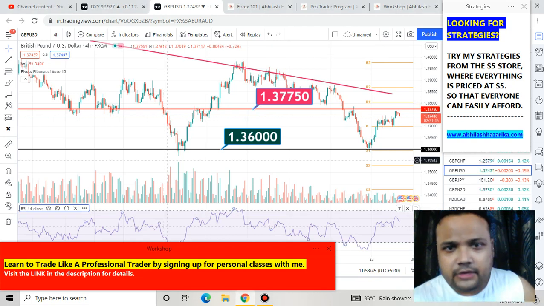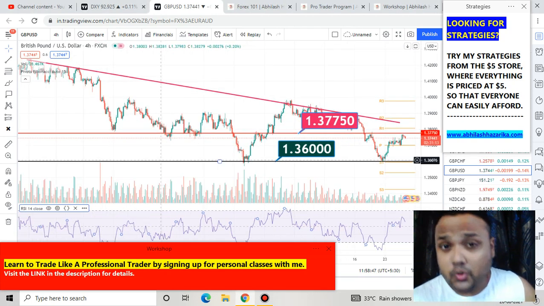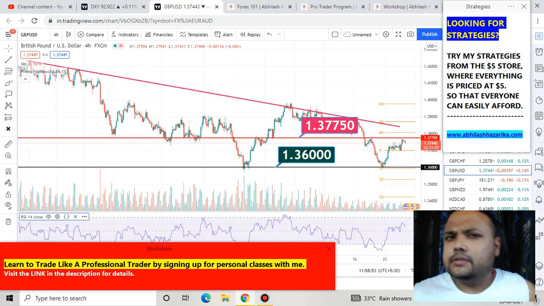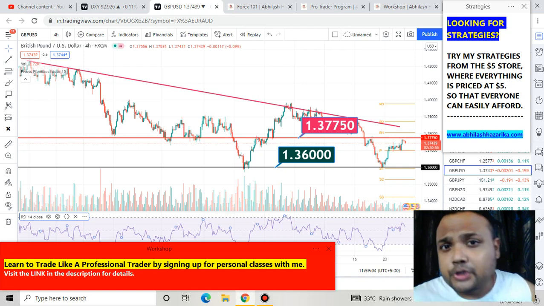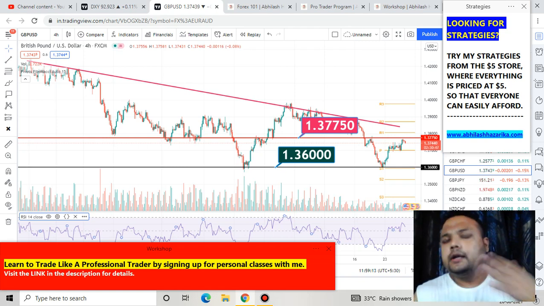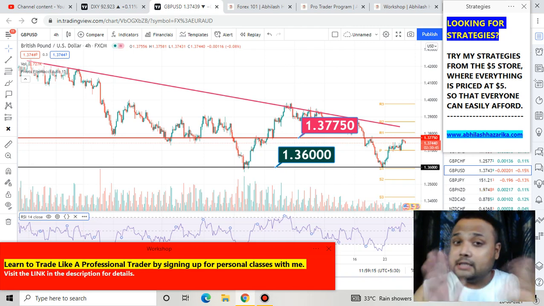So first and foremost, if we look at the overall chart of GBP USD, then we can easily see that this market is in downtrend, and as we all know, following the trend is very important, because the basic thumb rule of the market says follow the trend. Follow the trend means if a market is in an uptrend, we should mainly look for buying opportunities, and if a market is in a downtrend, we should mainly look for selling opportunities. And as you can clearly see, GBP USD is in downtrend, therefore we should mainly look for selling opportunities.